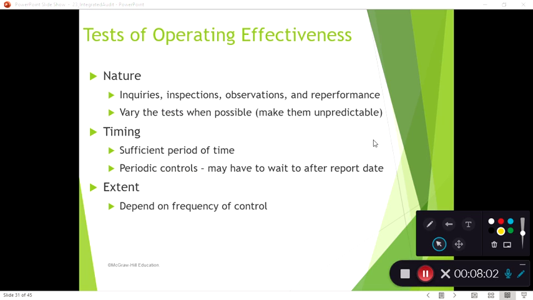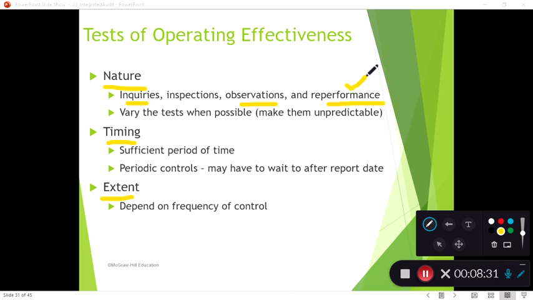So what do some of those tests look like? Again, right, these are 3 components we can vary with testing: nature, timing, and extent. It's the same for control testing as it would be for substantive testing, right? These are the 3 things we can vary. And so we can do things like doing inquiries,